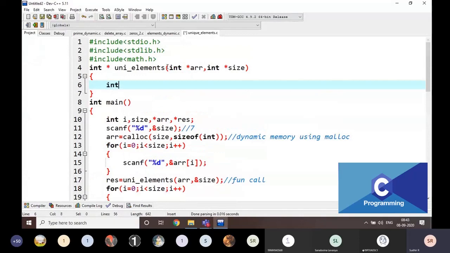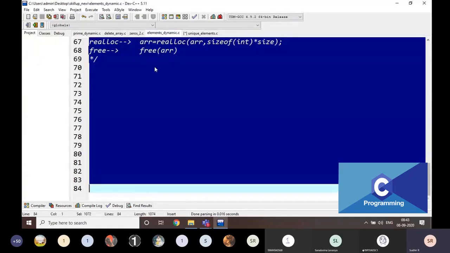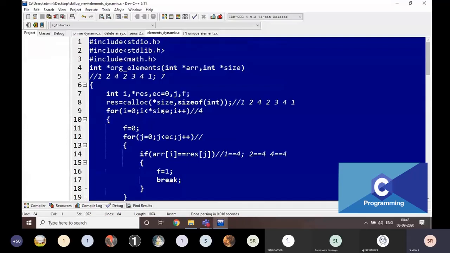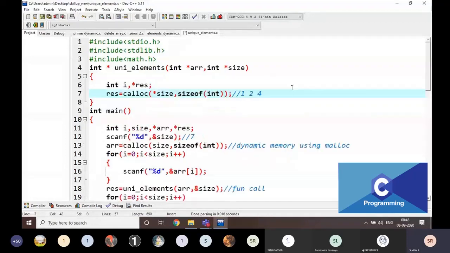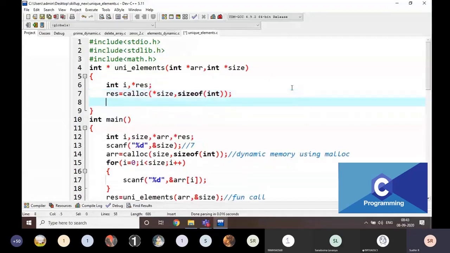Here also I am taking int i comma star res, and the rest is also same. I am going to read the values.